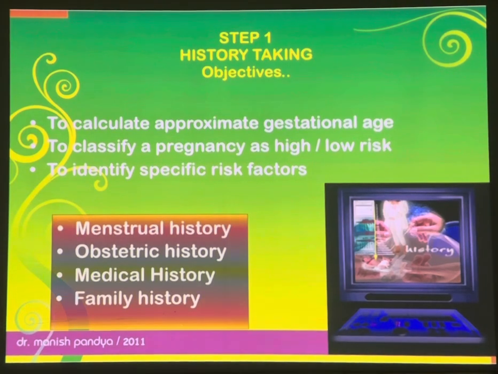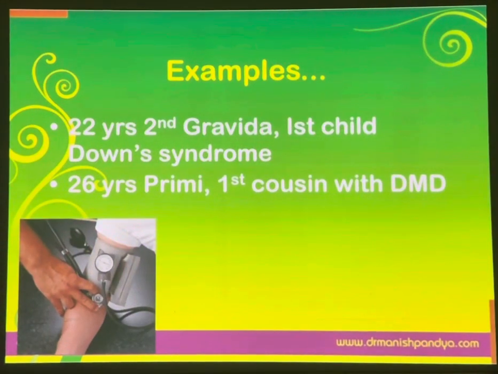Likewise, menstrual history, obstetric history, medical history, and family history. These are the 4 important histories of the patient in the history taking examination. For example, a 22-year-old lady comes to you whose first child has Down syndrome. Usually we see Down syndrome after the age of 35 in elderly patients. But if this lady has a first child with trisomy 21 or Down syndrome at the age of 22,